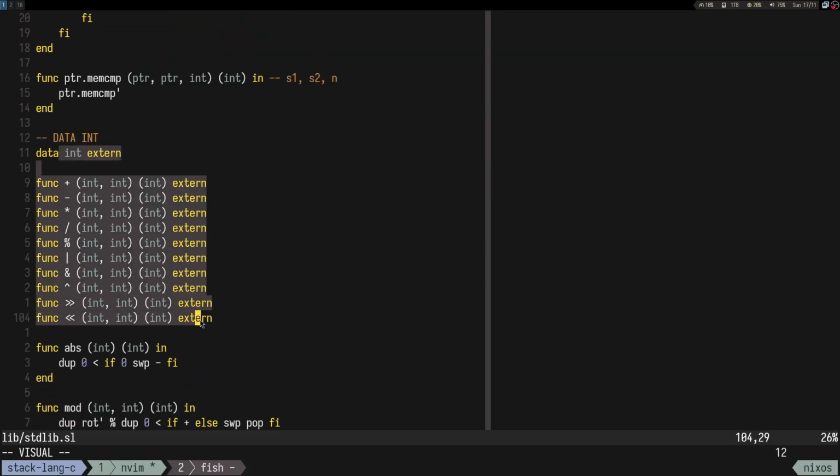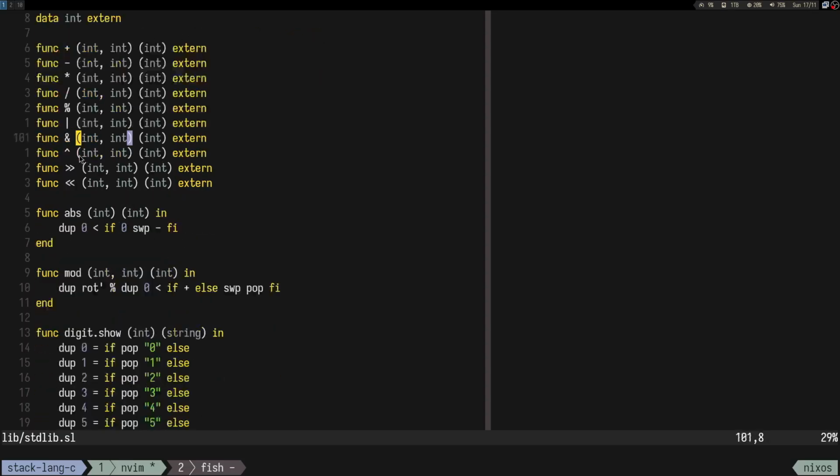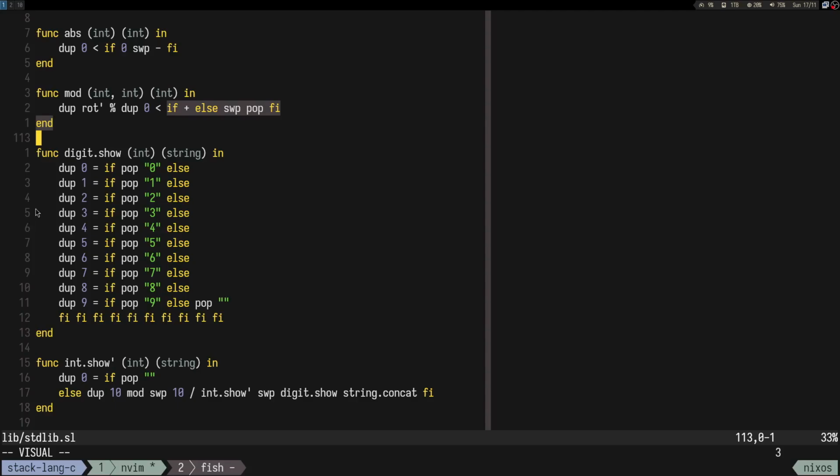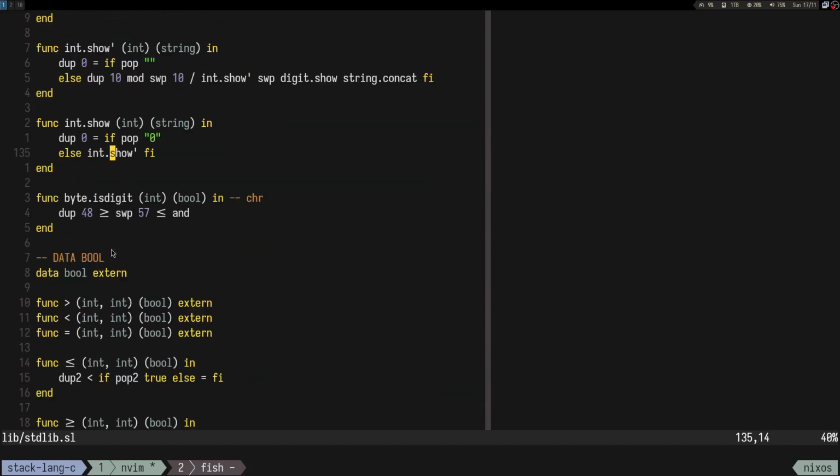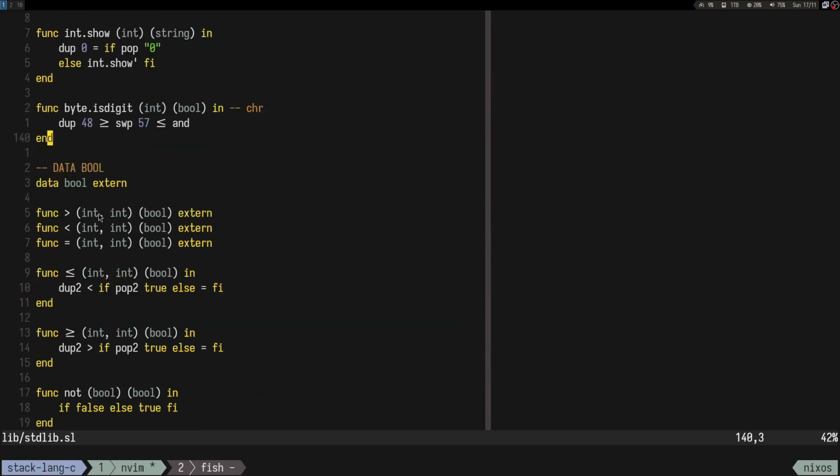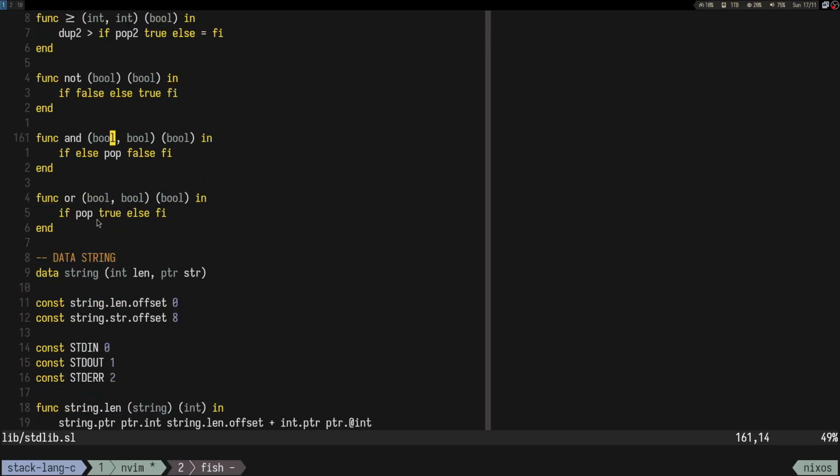And the integer stays the same, so it's just an external data type, and it's gonna live on the stack now instead of the heap, right? Same functions, it works kind of the same, nothing really changed. Boolean, it's also the same, hasn't really changed. But for the string type,